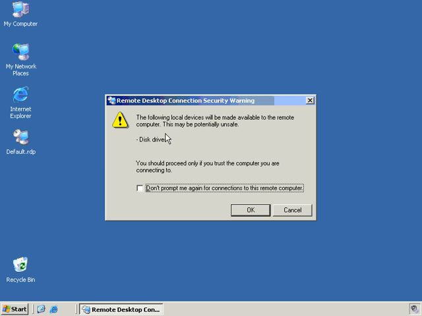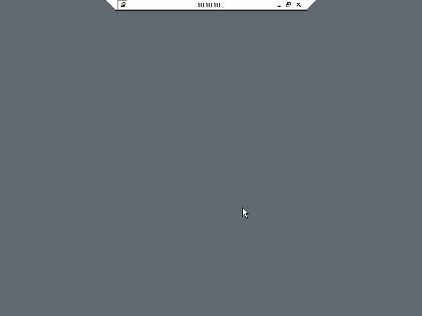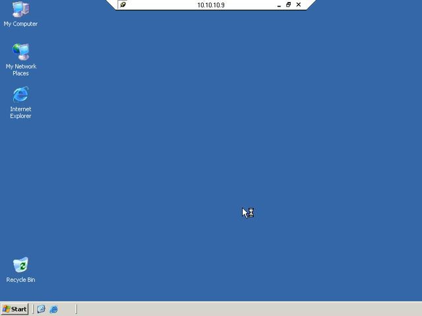And if I do that, it will give me a little warning first saying that you're sharing your disk drives. This could be potentially unsafe, but I'm okay with that right now. So we'll just click OK, and it will come up and look just like you're sitting at the server, and it's got your regular Windows logon, and you just put your password in and connect. And it's just like you're sitting